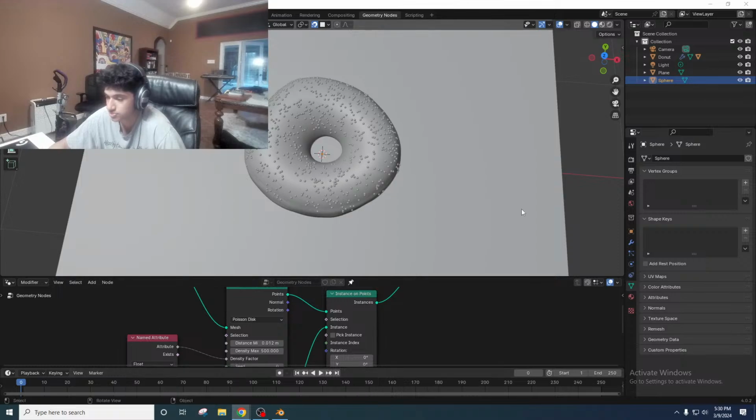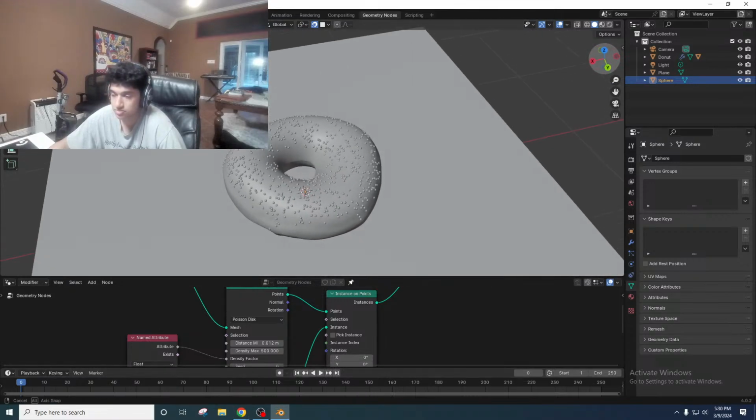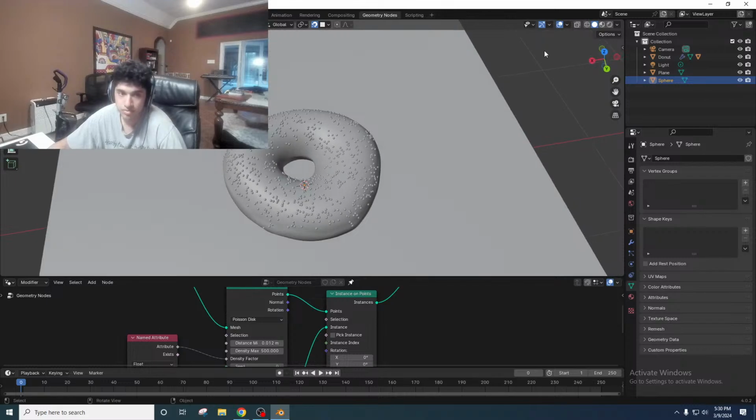All right, now let me just show you a quick little issue that you might run into. If you were to duplicate your donut and create two, and then on the second donut, you're like, hey, I want to have some spice in my scene. I don't want to have the exact same count of sprinkles across both donuts. Let's give a different value to this one over here. Well, you can see that they are now sharing the same value because this node group here is being linked